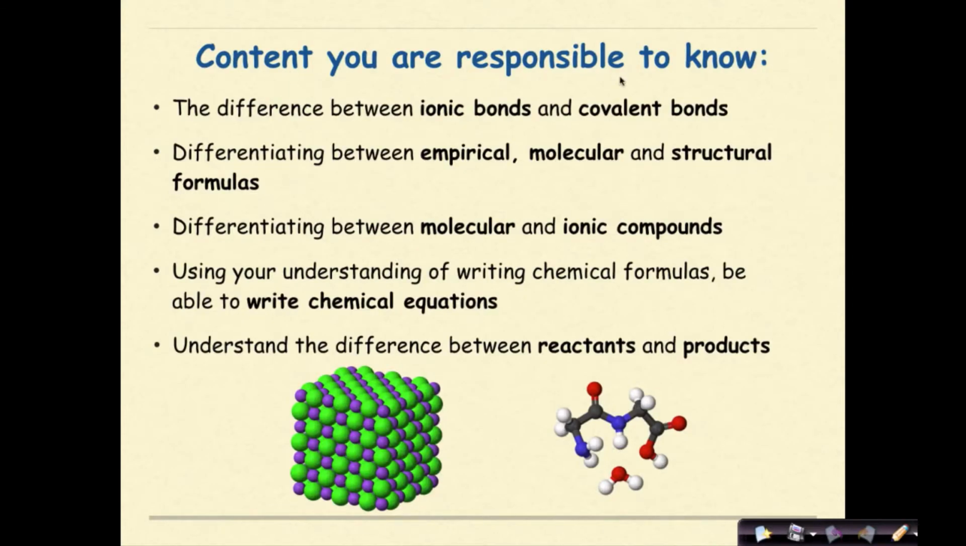Content you are responsible to know: the difference between ionic bonds and covalent bonds, being able to differentiate between empirical, molecular, and structural formulas, differentiating between molecular and ionic compounds, using your understanding of writing chemical formulas, be able to write chemical equations, which we'll talk a lot about in the future, and understand the difference between reactants and products. So these are the things that you should be able to do by the end of this chapter of your